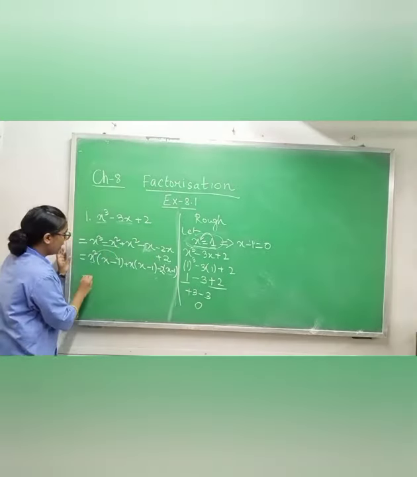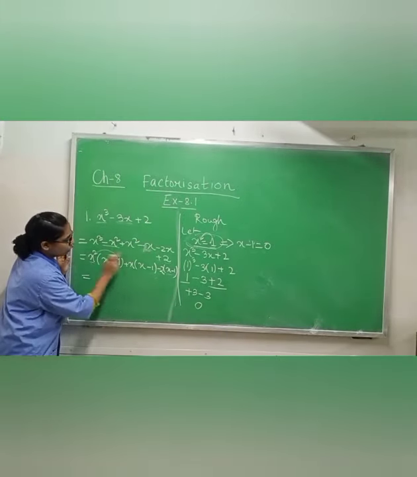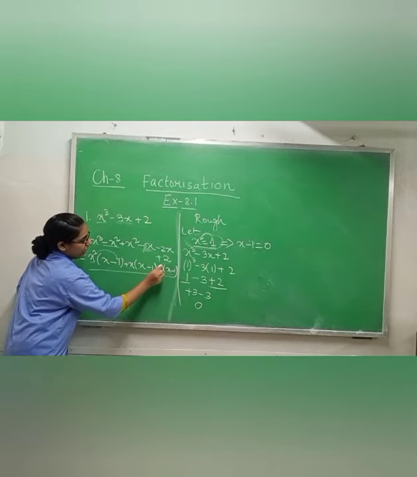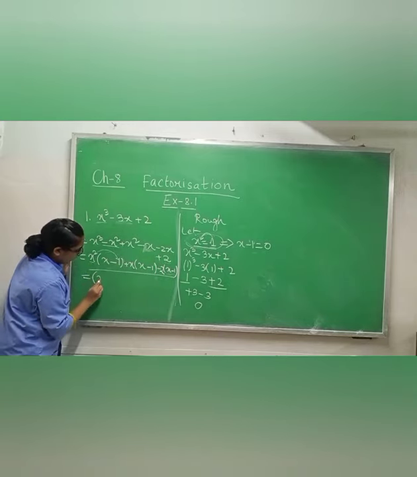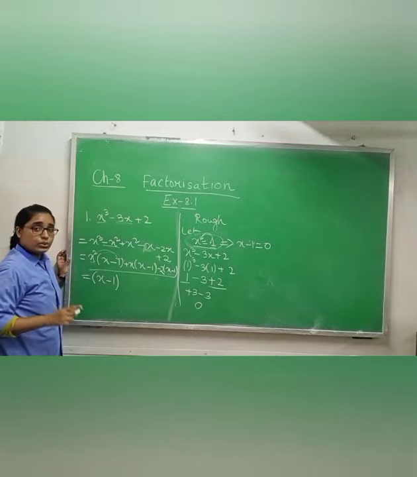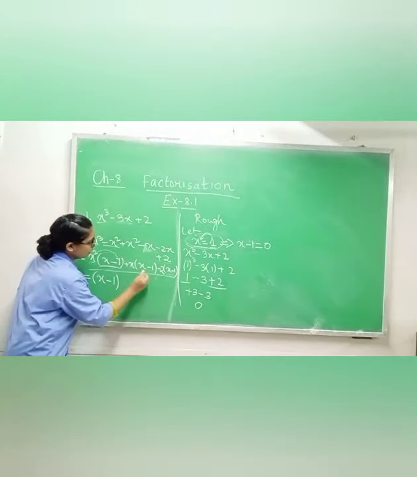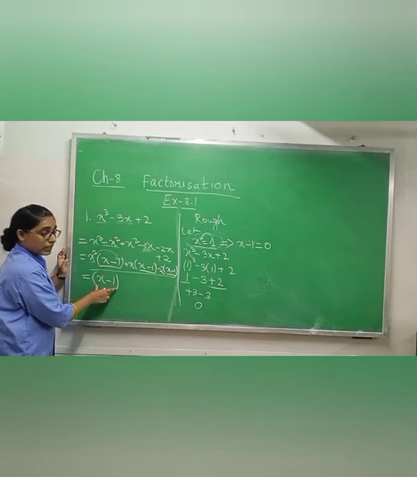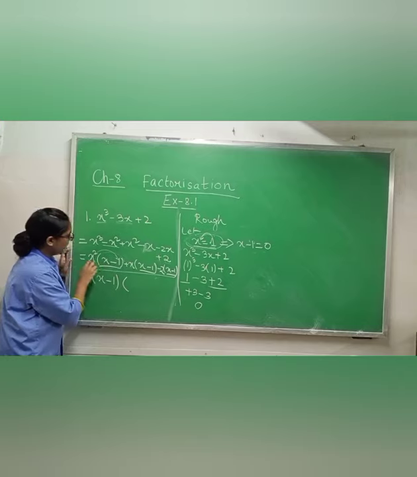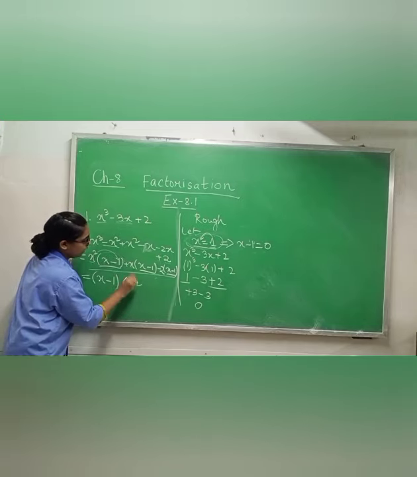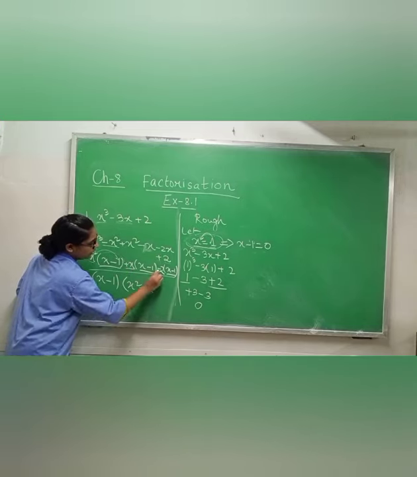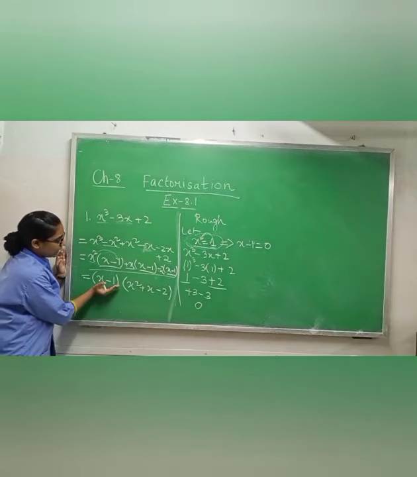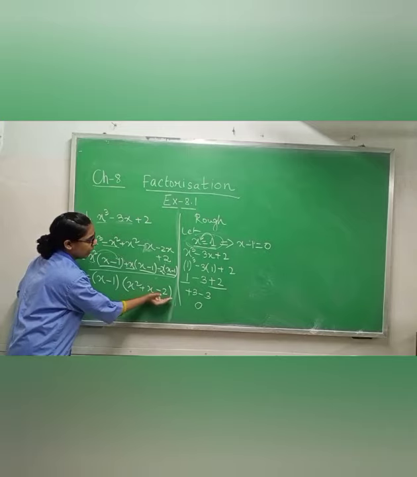You are getting the same thing. Now you will not see this one. What you will see? You will see this one. See, x minus 1, x minus 1, x minus 1 are common. So that is why you will write one time. Okay, means this one must be same. If it is coming same, then you will write one time. And what is left? x square here, then here plus x, then here minus 2. Okay, so you got x minus 1 times x square plus x minus 2.